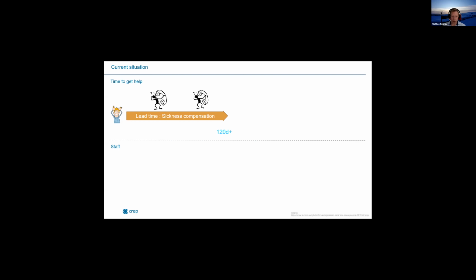Another thing to pay attention to is the staff. Today, Försäkringskassan has 14,000 employees in Sweden. And if we turn this into what it could mean if we deployed AI and digitalized processes, well, there's nothing that says that we couldn't shorten the time from application to getting the money to somewhere between 2 days and 7 days. Of course, this means that the application needs to be roughly correct when it's sent in, but it's a huge difference compared to what the lead time is today.